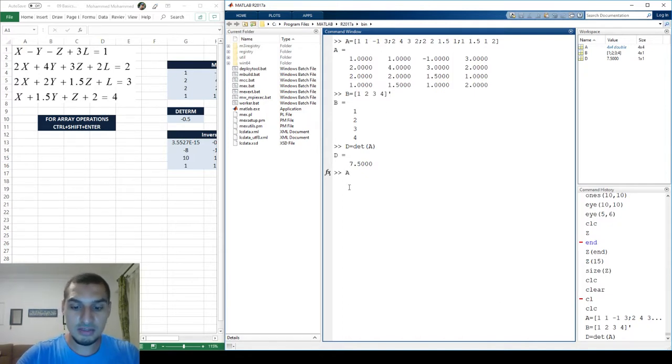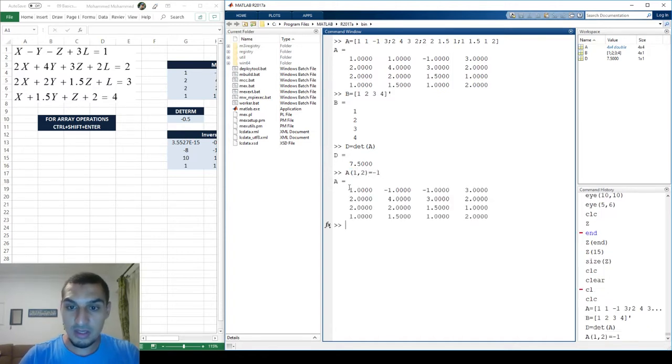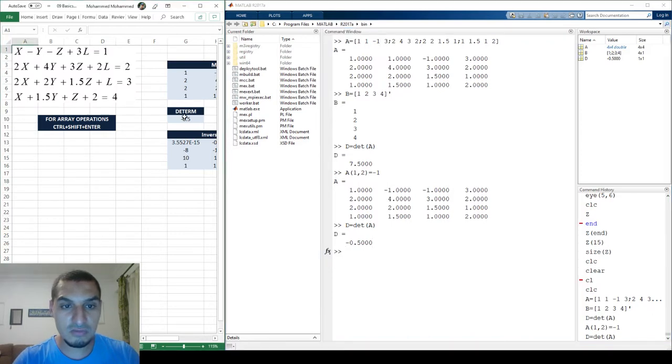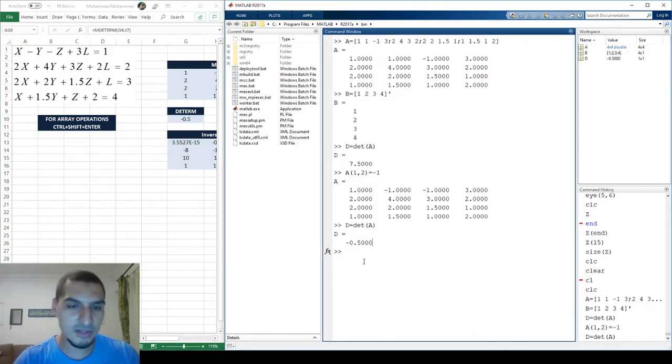So I can say that I want A1. This is exactly what we did last time. Yeah. So we can edit one value in the matrix instead of rewriting the whole matrix again. So the determinant is done. So this is easy here and there, and now gets the